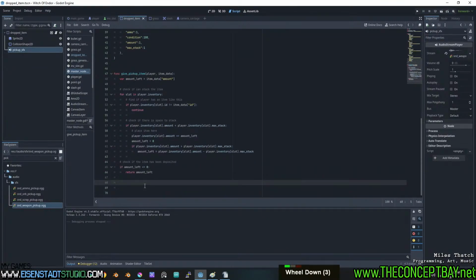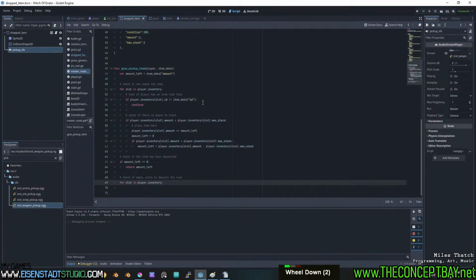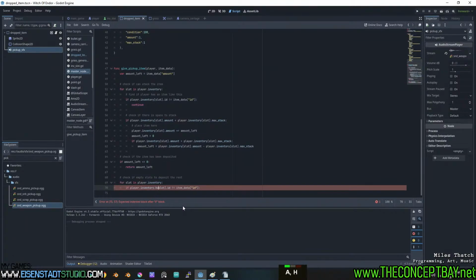Otherwise, if we still have amount left, next thing we do is check for empty slots to deposit the rest. So once again, we'll loop through the inventory, but this time we are checking if inventory has